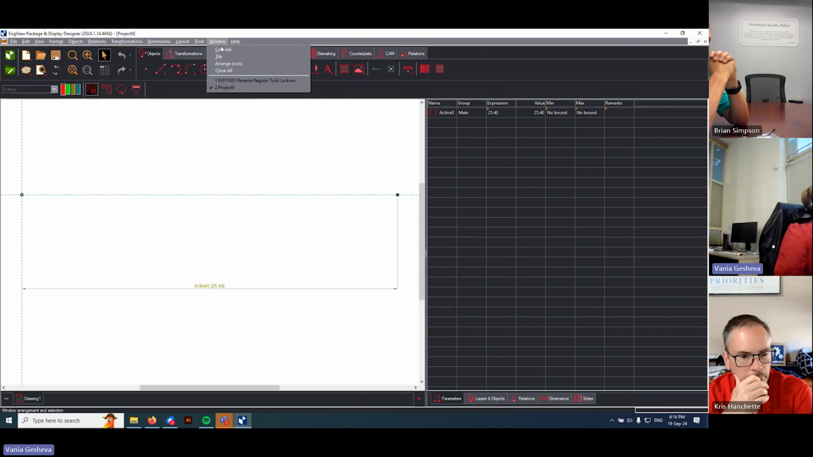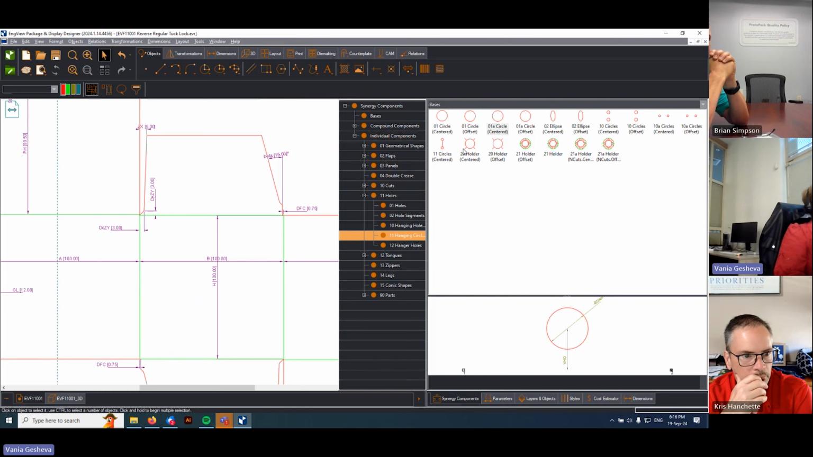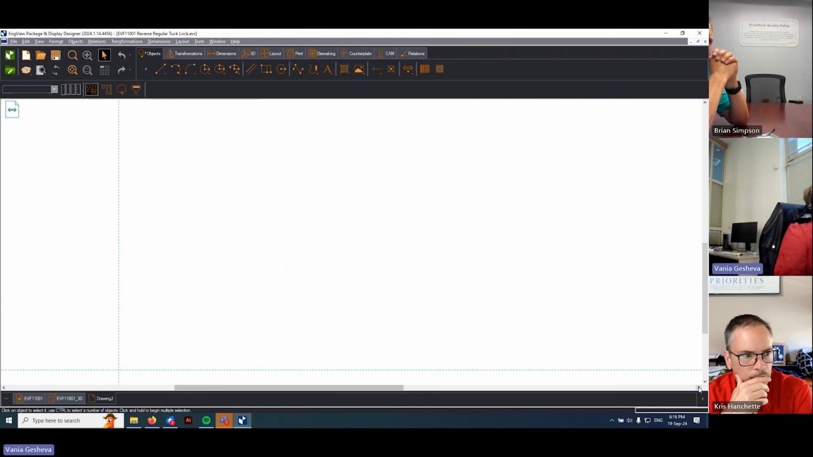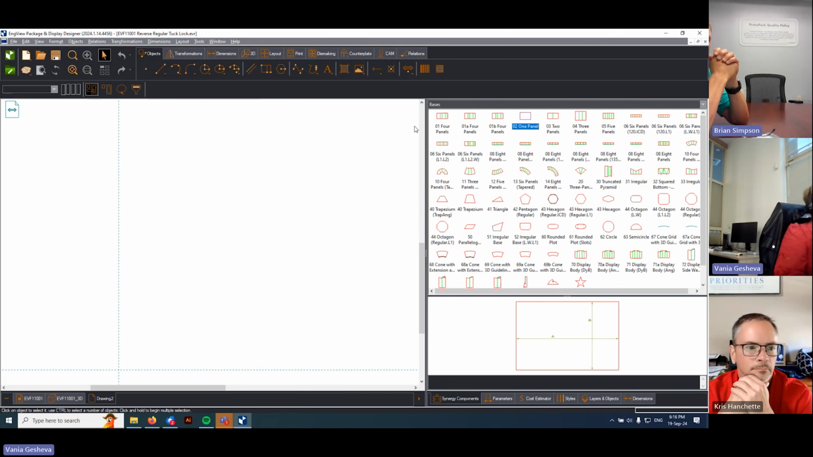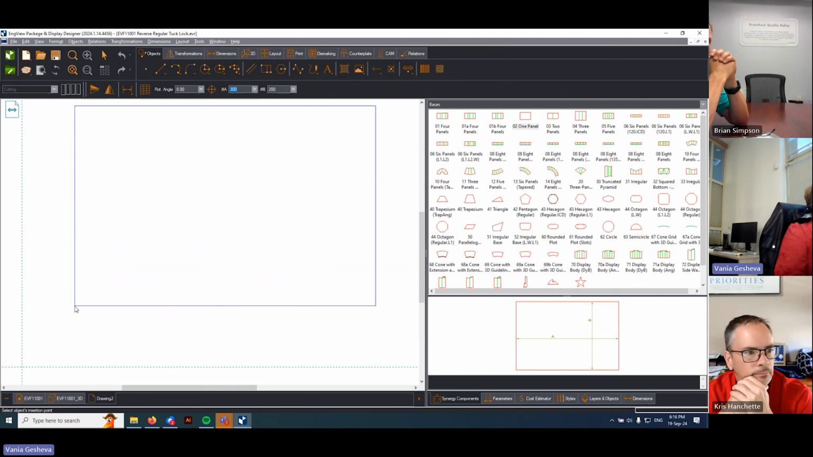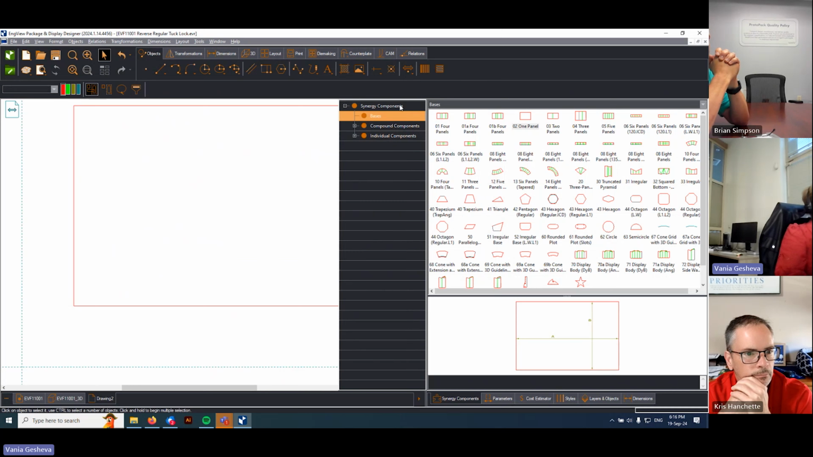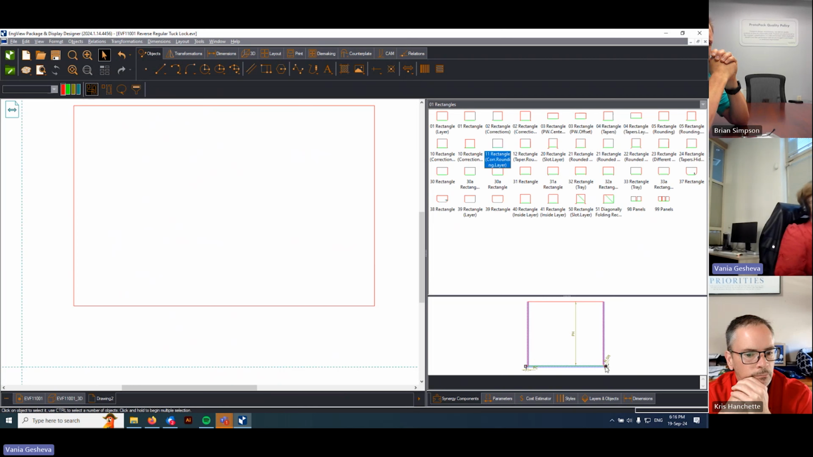Because when you start a new project, first you drag a base. Let me show you. So you drag a base component, just click somewhere on the screen, and that's it. The base component doesn't need control points, but all other components need 2 control points for attaching, or the